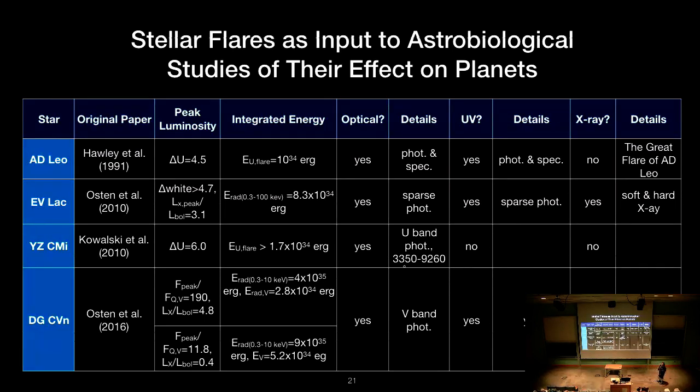There is no one particular stellar flare that has comprehensive wavelength coverage from optical to UV to X-ray that's really needed to do the detailed astrobiological inputs. But there are flares that are larger. There are flares that have more different types of observational constraints from the astrophysical perspective. And so for those of you for whom this might be interesting, I just want to make sure you know that there's a diversity. Diversity is good.